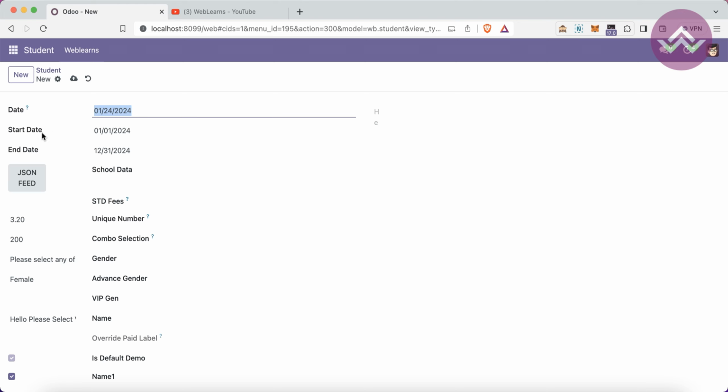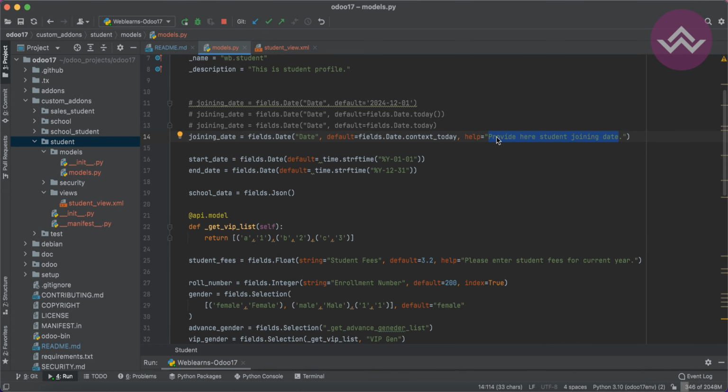You can see the difference here. Once you use help, you can see the question mark, and you cannot see that question mark here because we didn't use the help attribute. So once I hover here, you can see it provides the student joining information, the string information, and it takes it from help. Another thing, and very interesting,